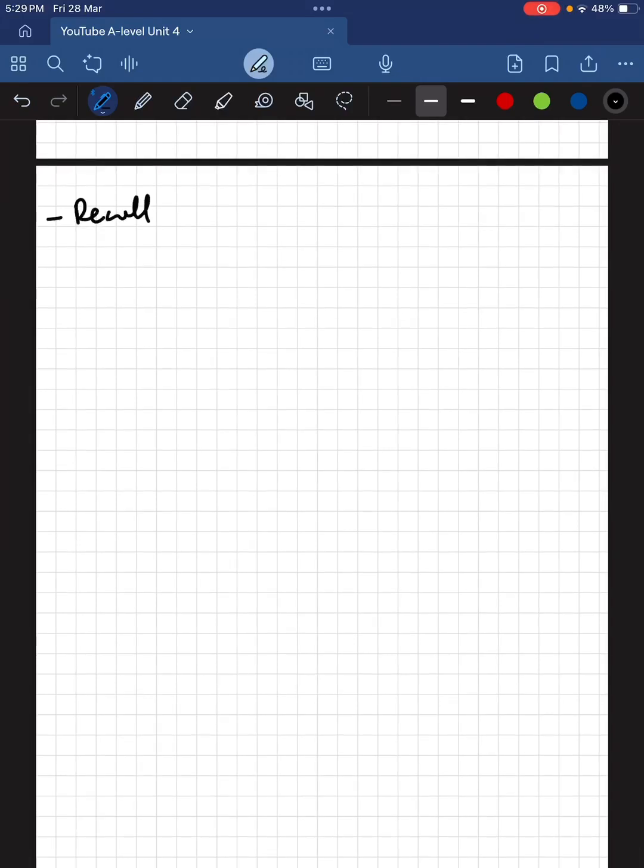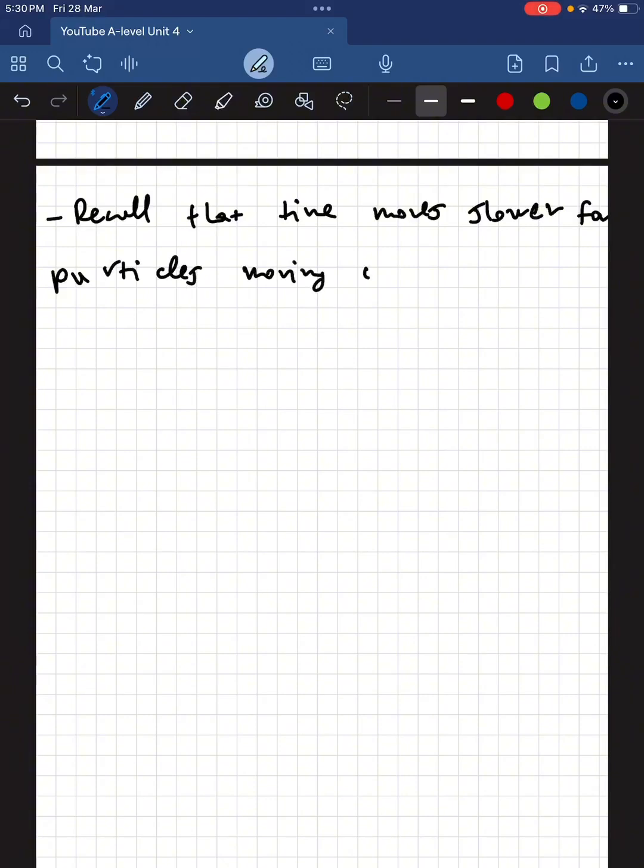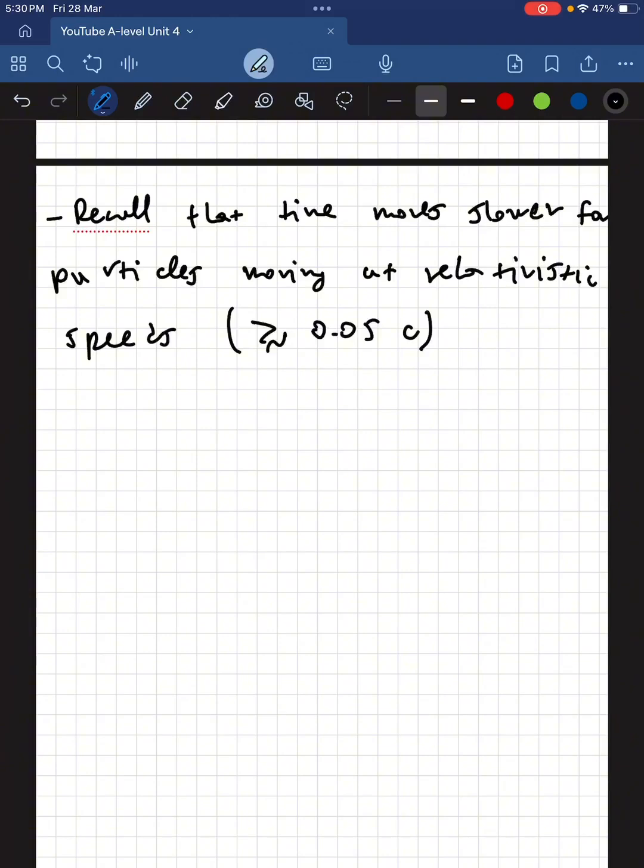Recall that time moves slower for particles moving at relativistic speeds. And relativistic means more than or about equal to 0.05 c. So these guys move with 98% the speed of light, so they definitely move relativistically. And even though this is optional, recall, I'm going to write it here, optional,